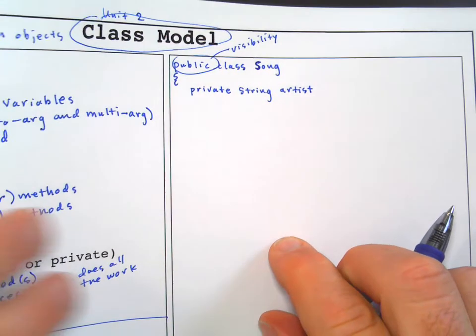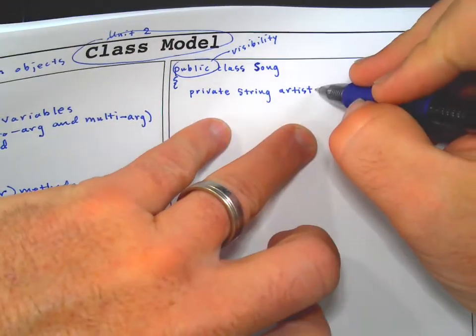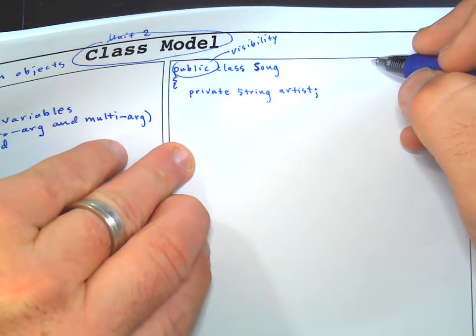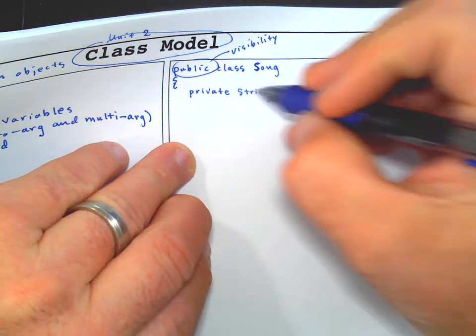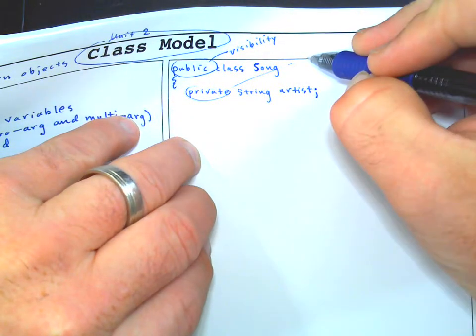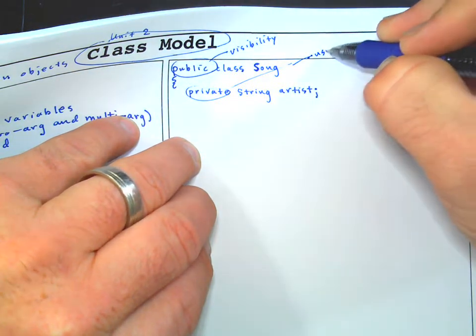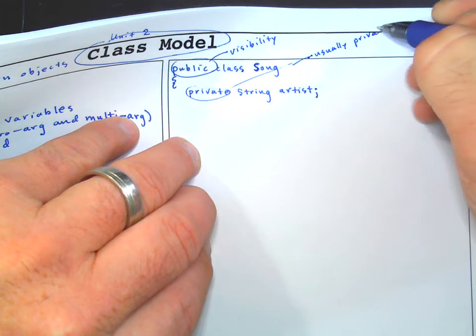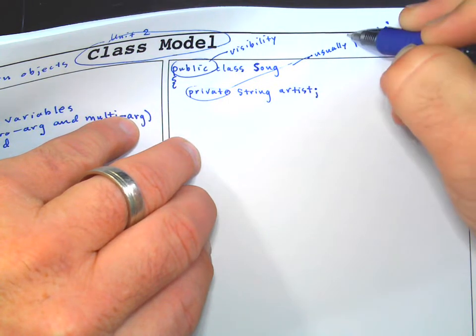Okay, so artist is the name of the variable. Now we usually don't initialize them here, so we just put the semicolon. All we're doing is declaring them, okay? So private is, and usually these are going to be private. You should make them private unless there's some really good reason not to, but usually we're going to make